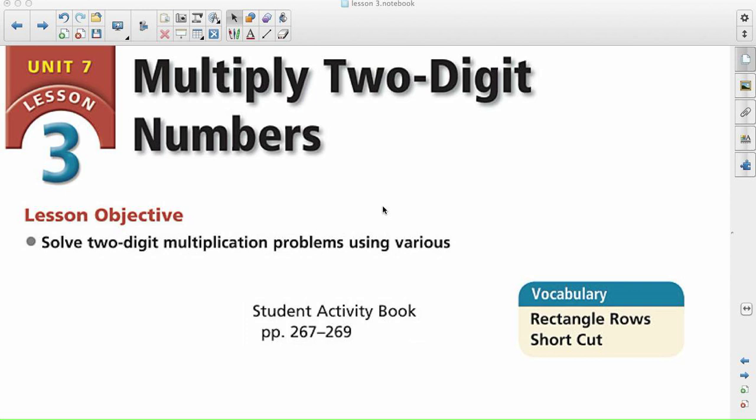All right. This is Unit 7, Lesson 3, where we're multiplying two-digit numbers. We're just looking at yet another way to multiply those two-digit numbers, kind of review some of what we did yesterday. You need your student activity book, page 267 through 269. We'll talk about rectangular rows and what this book calls the shortcut method, which I think is more similar to